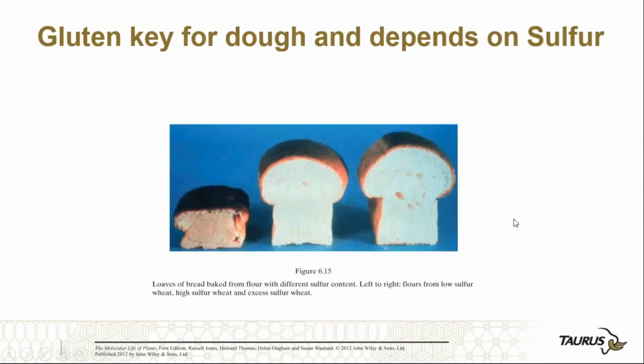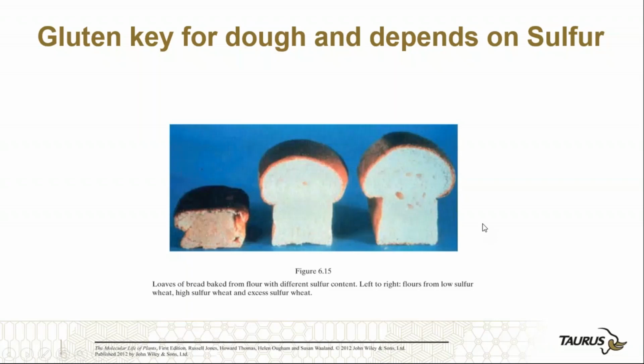Sulfur is key. And for guys that are farming, the bakers want methionine and cysteine in bread, and you can see this is low sulfur, medium sulfur, and high sulfur. When bread is made, the flour is mixed, and as it's mixed, the sulfur residues hook to each other and give you that stickiness in gluten. And it's the gluten that influences how big the air bubbles are going to be when the yeasts produce carbon dioxide. So that influences loaf size. So cysteine and methionine are key.